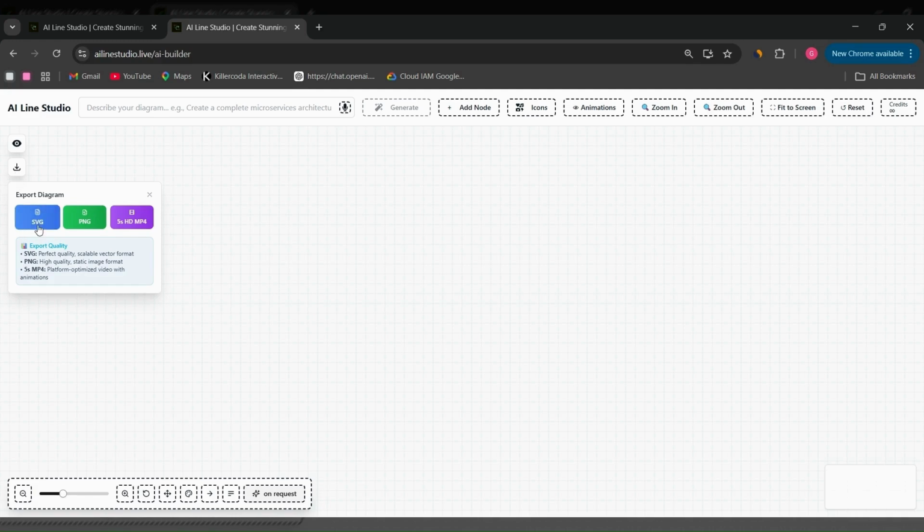You can export using SVG to get the SVG of the diagram. You can do PNG to get a PNG image of the diagram. And over here, if you have enabled animation, if you want a moving animation export, then you can